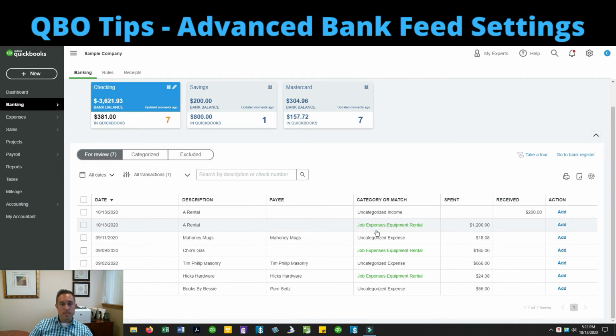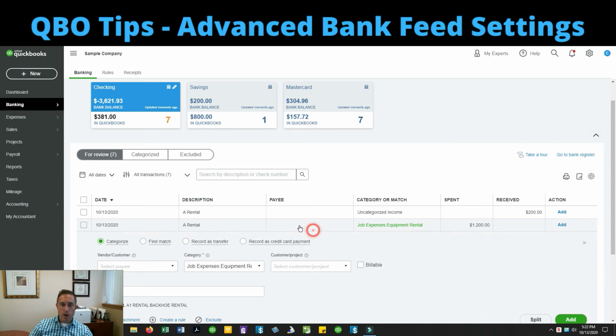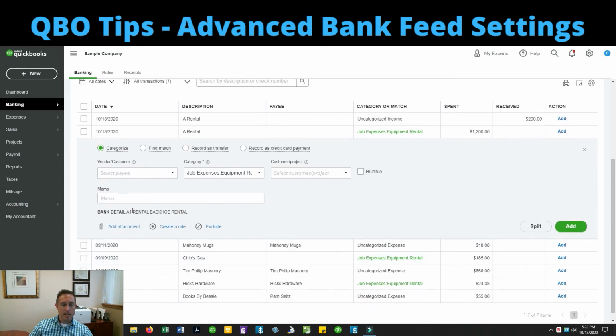So green means that, hey, we recognize the details or part of the details from this transaction from something that you just did. This is where you put it last time. Would you like to do it again? Anything with the black text here instead of the green, Intuit's just wildly guessing. So be sure to review all of those.